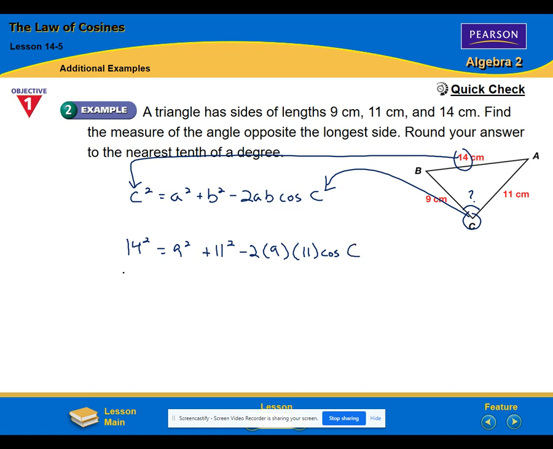Okay? Now, I know that 14 squared is 196. 9 squared plus 11 squared is 202. And then 2 times 9 times 11 would be 198. Cosine of C. Sometimes students have a problem with what I just did there. I did that correctly. You can do this math right here separately from this math right here. Okay? There's a subtraction sign in between. You don't want to combine those things, but rather you can do this, and it's necessary that you do simplify